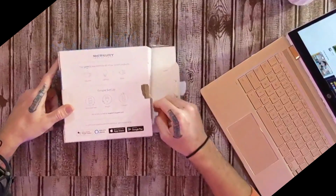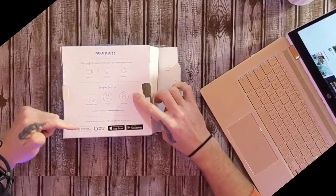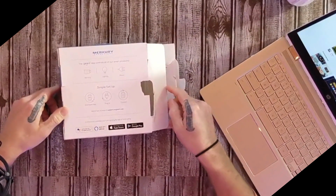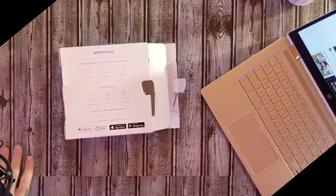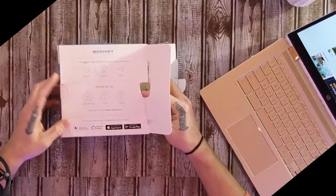before I go any further, you can see here on the box, it works with Google Assistant and Alexa, and the app is available on Google Play and the App Store. And because this is the Chromebook channel, I will be using my HP Chromebook X360 to get this set up. Now,